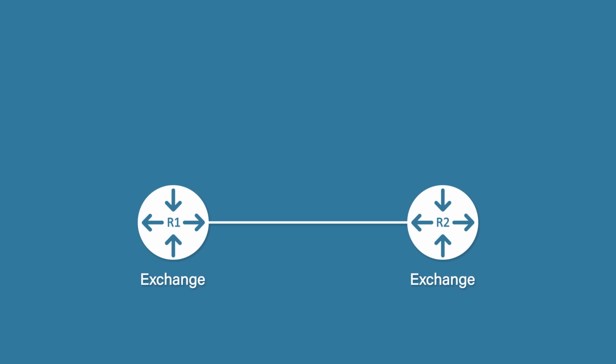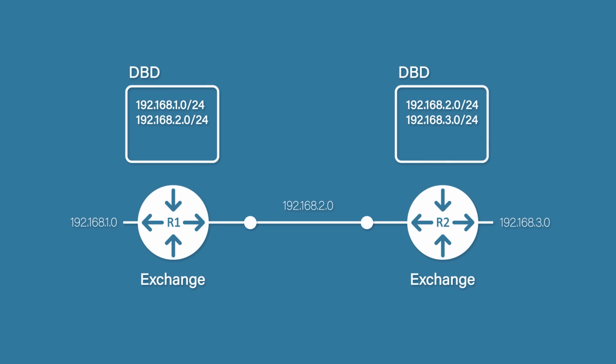Now we move on to the exchange state. Both routers send each other a list of their LSAs. This is called a database description, or DBD. Now on to the loading state. Each router will look over the DBD and request any information it doesn't already have. The reason it does this is to prevent loops by requiring the routers to request the information rather than just